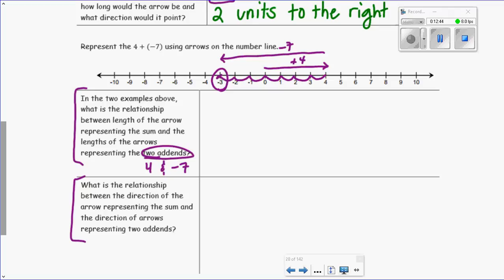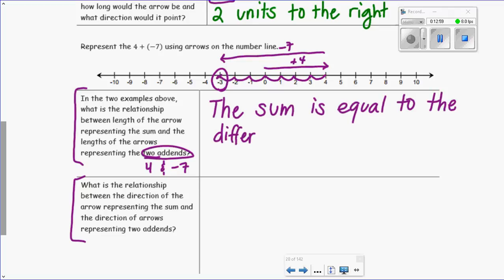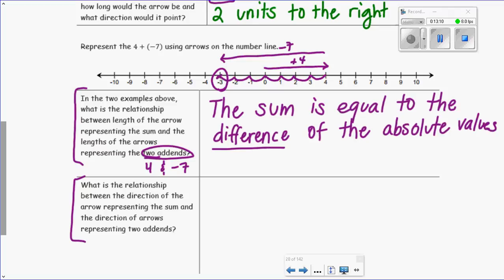Okay, so the sum is equal to the difference of the 2 absolute values. You have to know what difference means, though, and I gave you a hint earlier. It is subtraction. The sum is equal to the difference of the absolute values